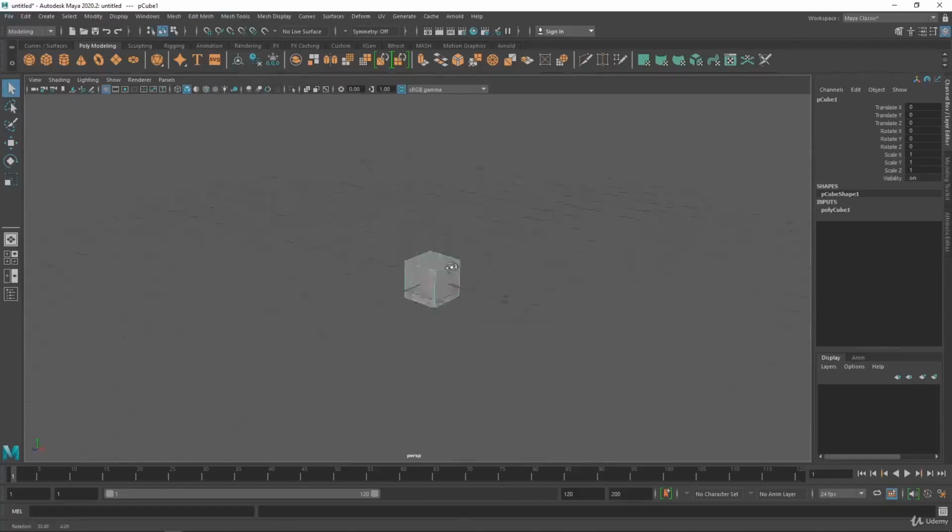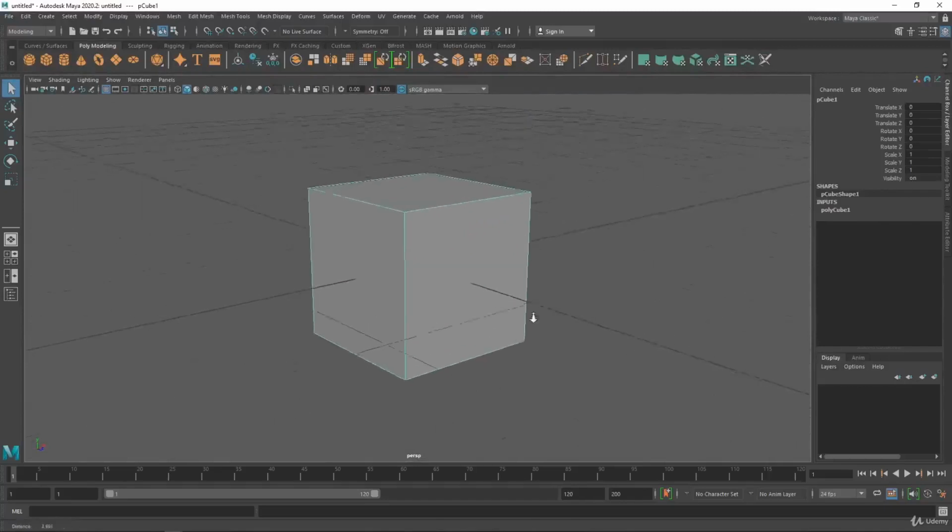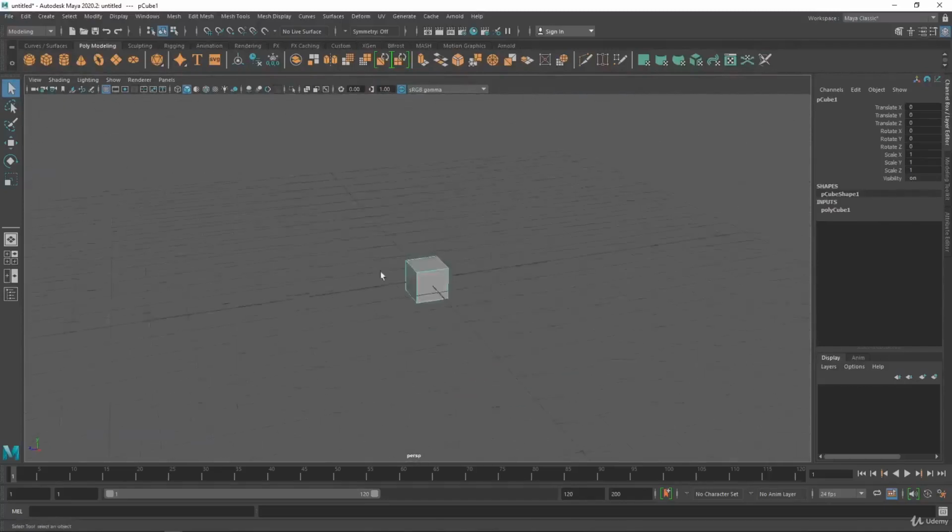Now, I can of course rotate. I can pan and move the cube around, or I can zoom in and take a closer look at the cube, which is great, right? But if this was a character and I wanted to move the character, I need to use a different set